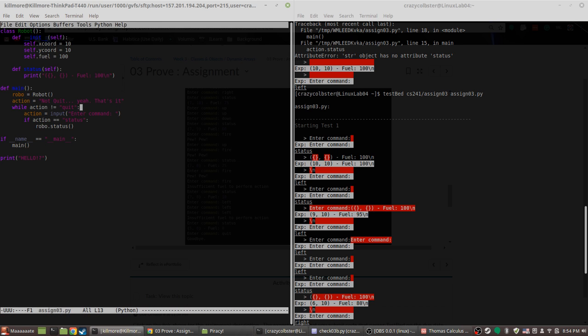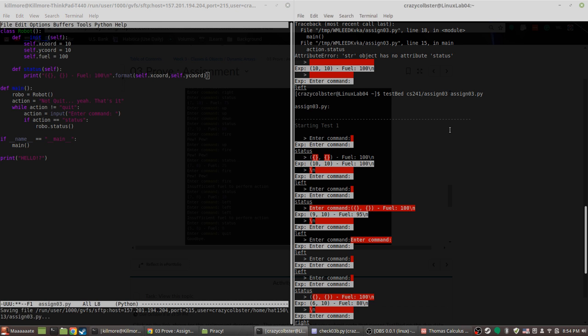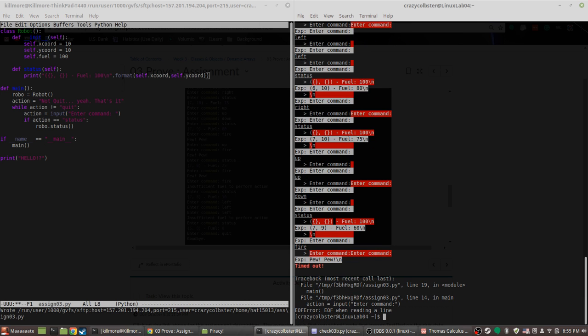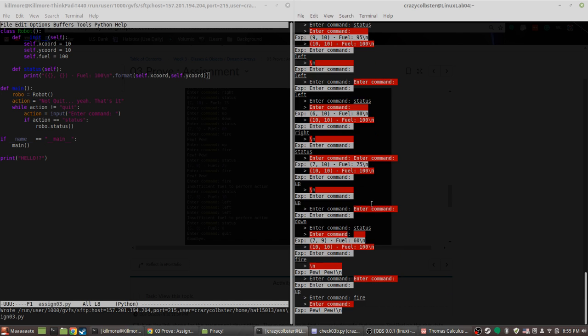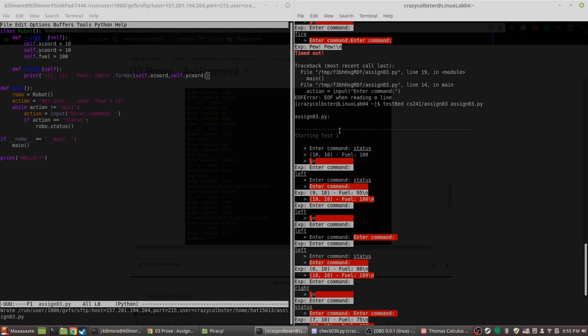While I'm at it, I should probably put my attributes. Dot format, parentheses, self dot x chord comma self dot y chord, close parentheses. Okay, good.